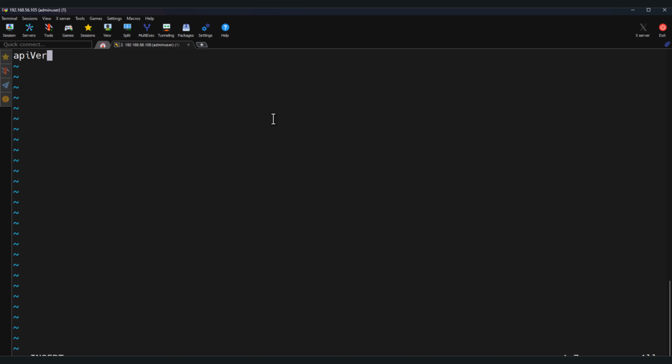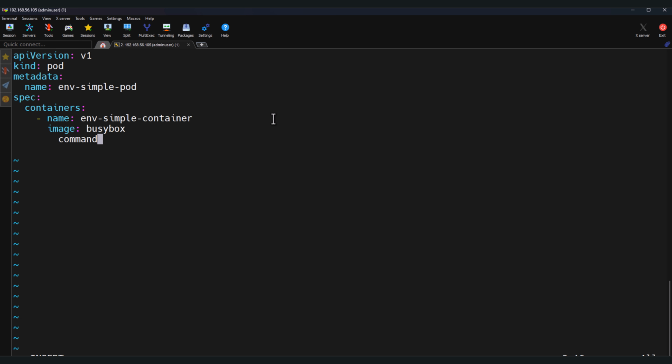Let's add apiVersion, kind, and we will create a Pod, metadata, name, we will use env-simple-pod, spec, containers, we will give env-simple-container, image we will use busybox, command,